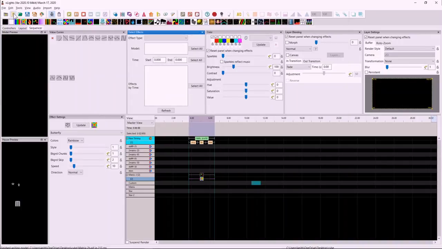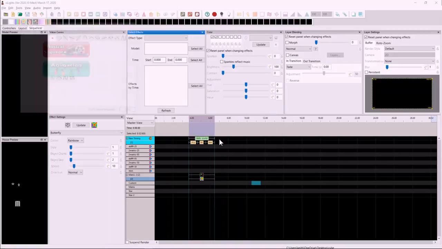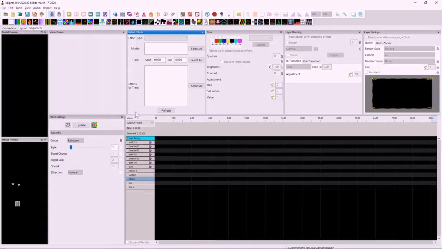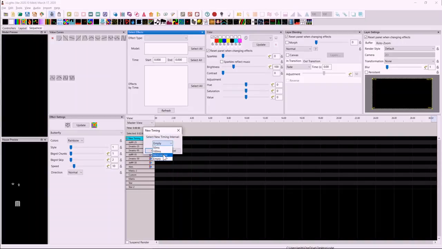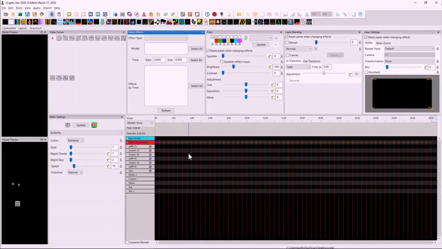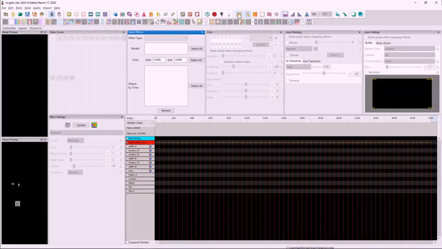AC mode. I've read a couple of posts where people have been complaining about AC mode, and I'm not saying they're wrong. In fact, I suspect that they're right, but they're complaining about some of the behavior that you would get when you're in AC mode. For those who've never been in AC mode, you get into AC mode just by clicking on the AC toolbar. And so what they were saying